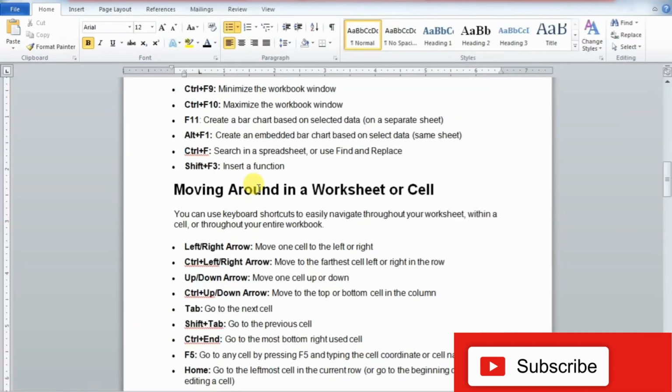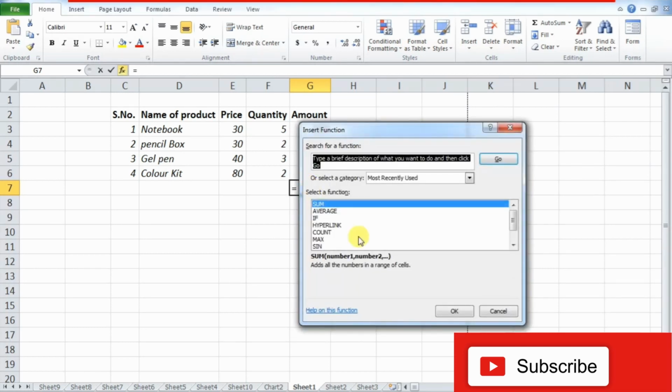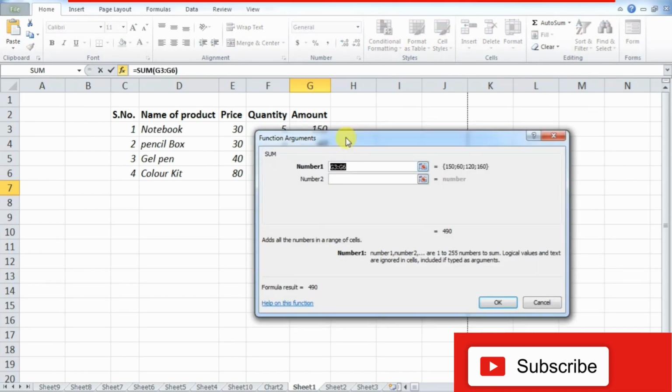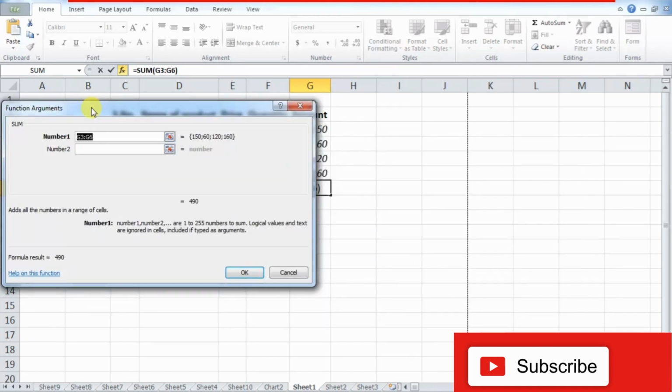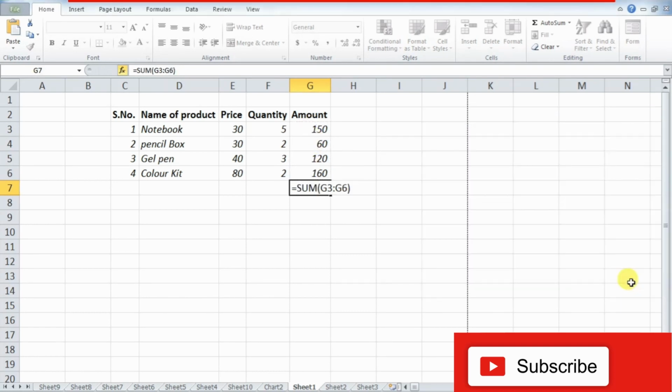After that we have insert a function. Suppose I want to add up all these values, I can simply press Shift plus F3 and this box will come in front of me and I can choose any function, say sum. Then I need to specify the arguments, so I can select the range, and after that press OK and the answer is here.